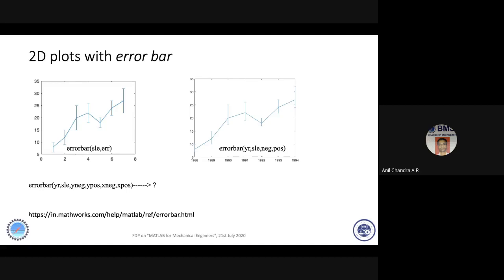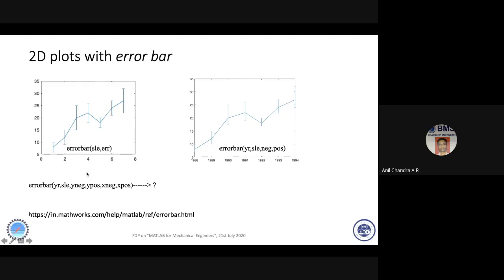You see, each point has maybe 2 or 3 trials. This is the error bar. So Y plus and Y minus need not be the same. Here Y plus and Y minus are the same, but every data set has a different scatter. So both are important for us to plot.